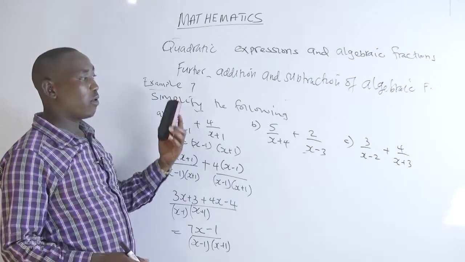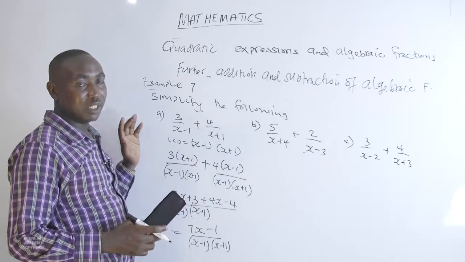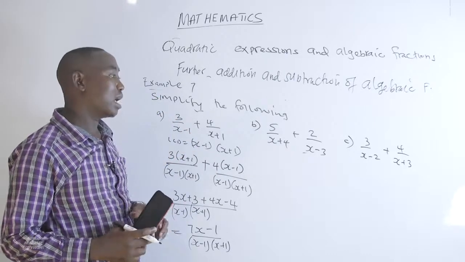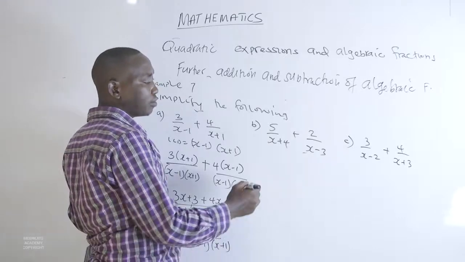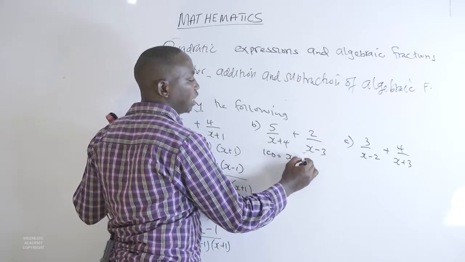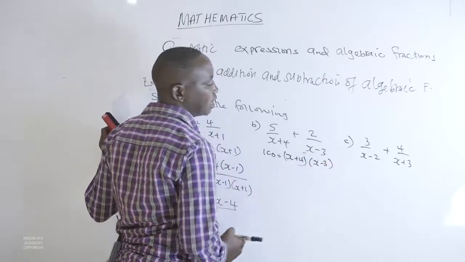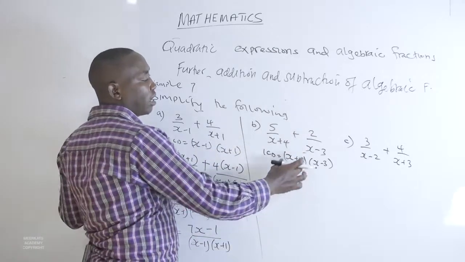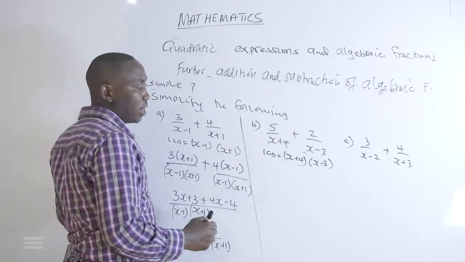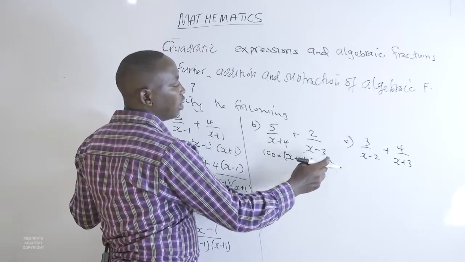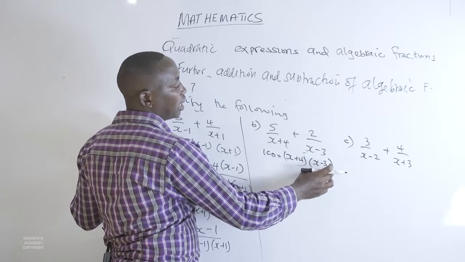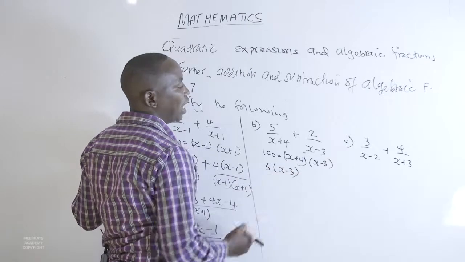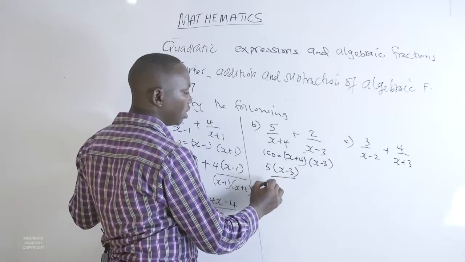So just like how we were solving the others, the only difference is that this one requires us to find the product of the two binomial terms. The same is going to happen here, where the LCD is going to be x plus 4 multiplied by x minus 3. Then we rewrite these two fractions using the new denominator. x plus 4 goes into x plus 4, x minus 3, it will cancel off with this part, leaving us with x minus 3. That means the numerator will be 5 multiplied by x minus 3 over the new